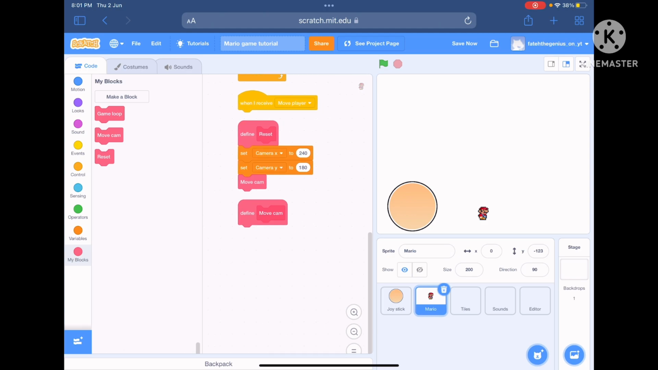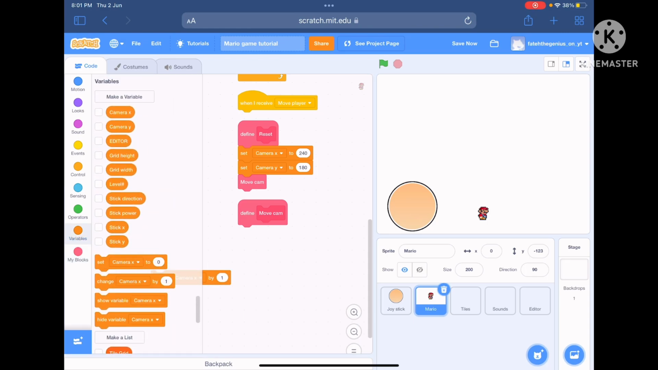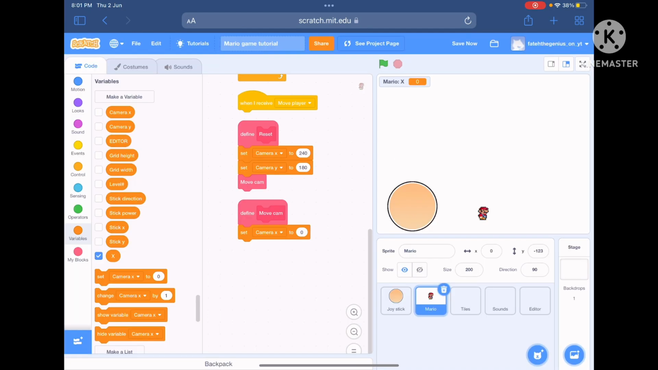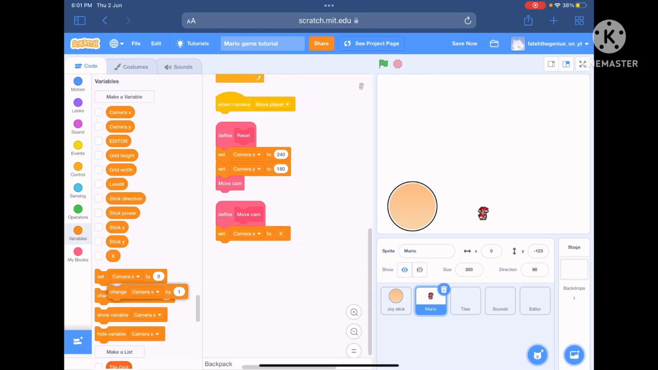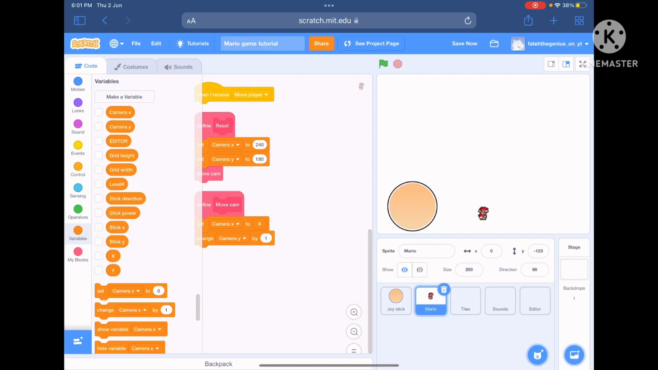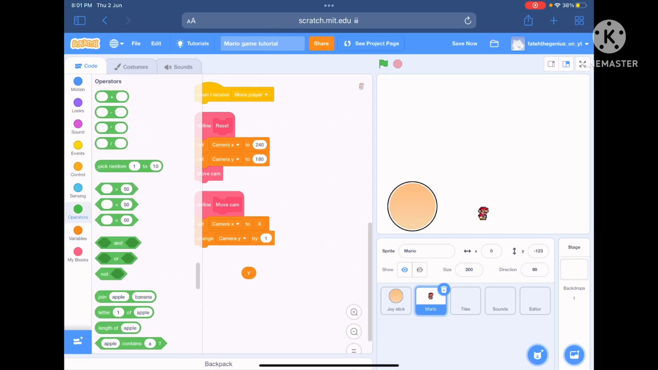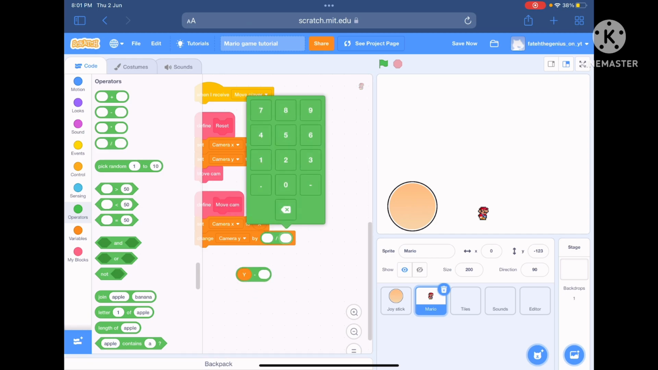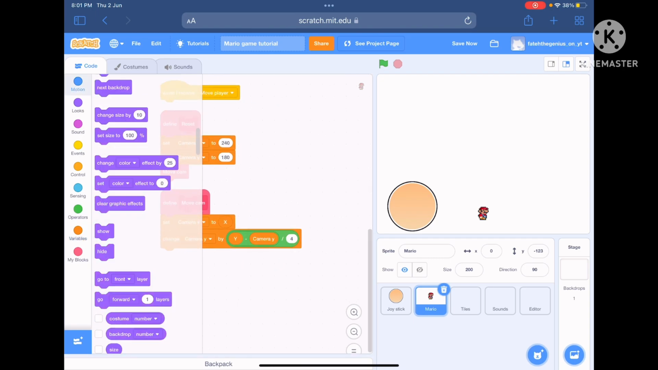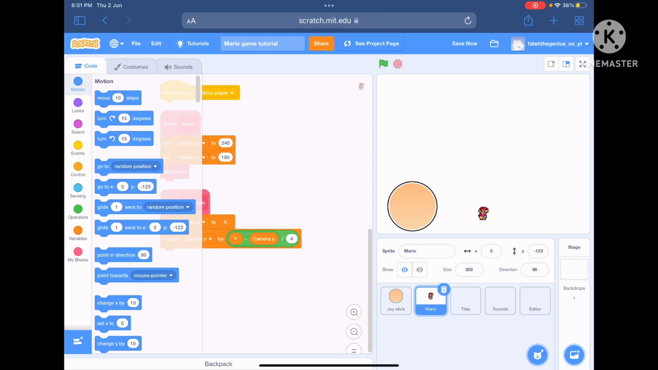So, in the define move cam script, we'll set camera X to a new variable called X for this sprite only. And we'll change camera Y by another variable called Y for this sprite only. Y minus camera Y divided by 4. Then